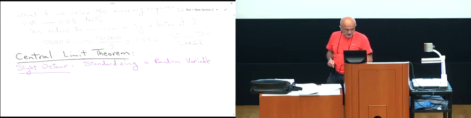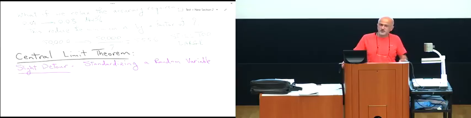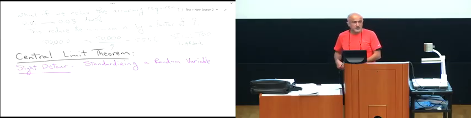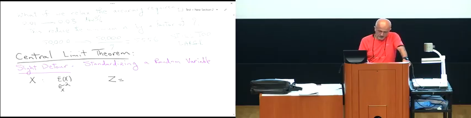Before I start talking about the central limit theorem and what it means and how we can use it in the pollster problem, among many other things, I want to talk to you about a spiffy trick that we can use to standardize any random variable that has a finite mean and finite variance. So let's say I have a random variable x. It's got a mean of E of x and some variance sigma x squared. Okay? I can construct a random variable z